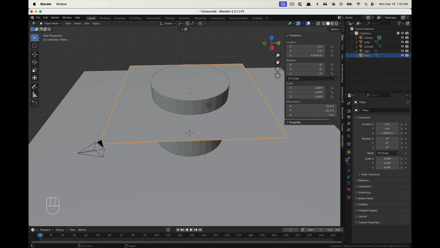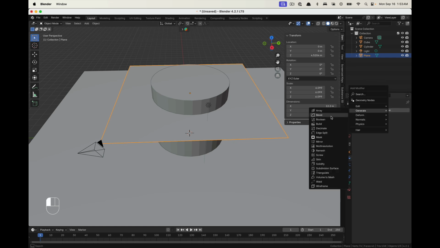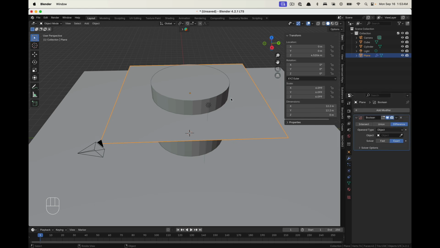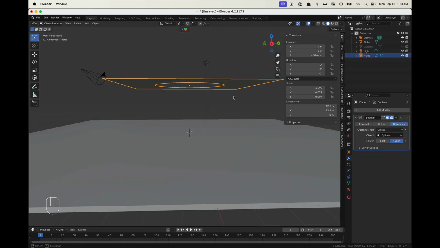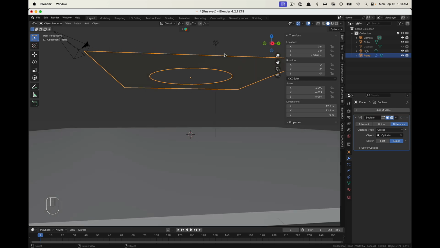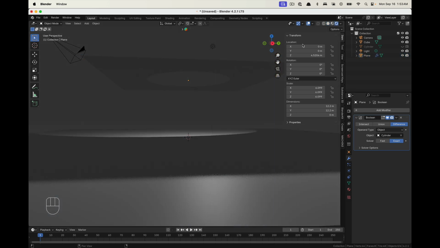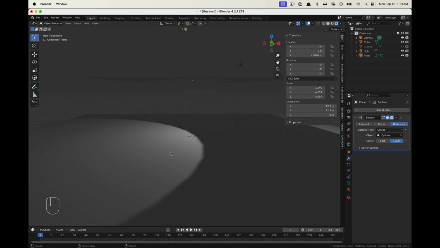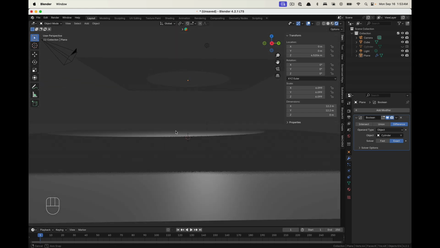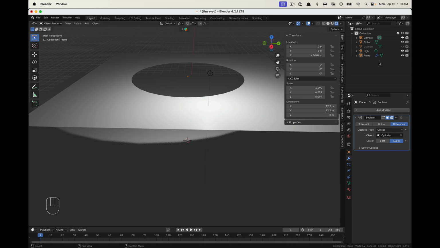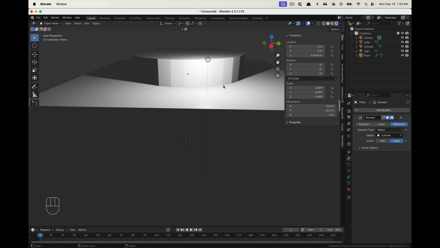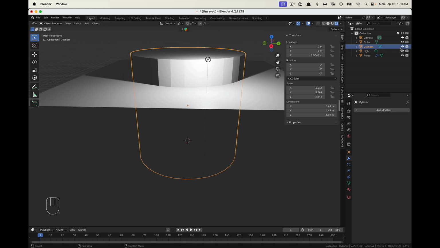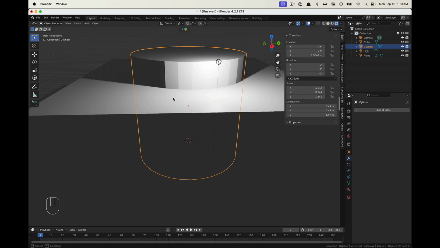So if I go down to modifiers and I go to generate Boolean, I can select that cylinder and let's hide it here in the outliner. And now I've got a hole in my plane, which is great. When I go to render that, now I can have light pass through that hole. But I didn't have to do a lot of work to create that. I do want to make it more realistic though, which means that it won't just be a flat hole. I'll probably have some detail